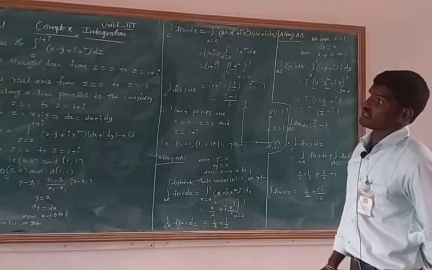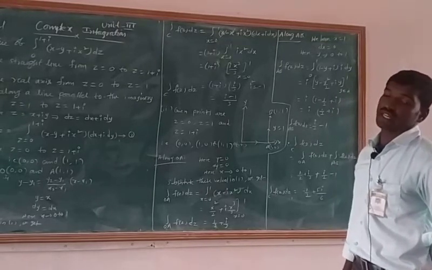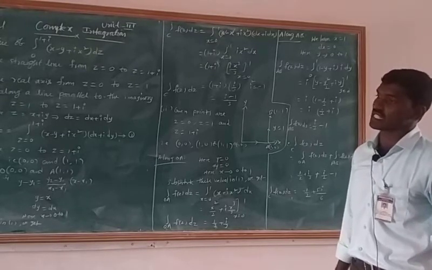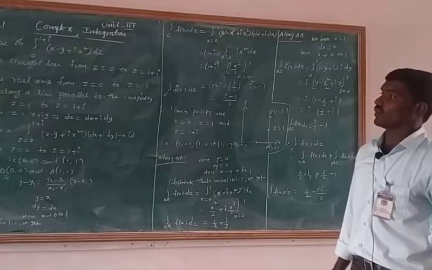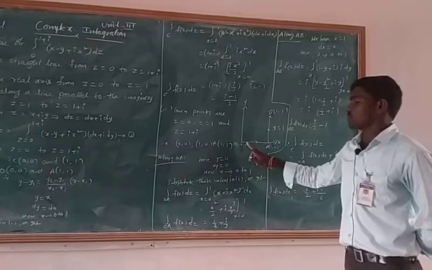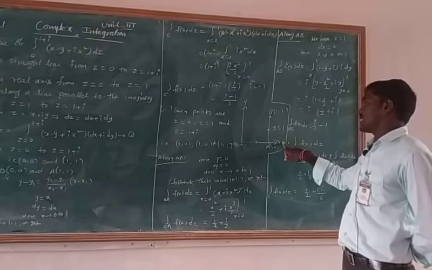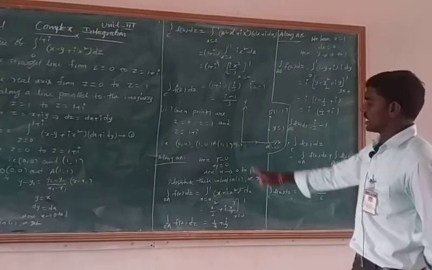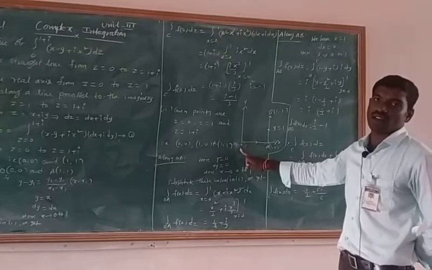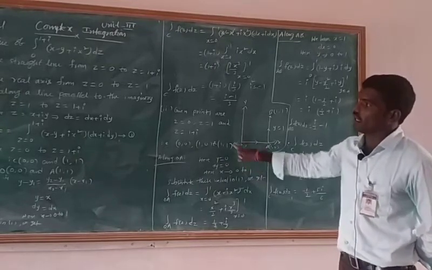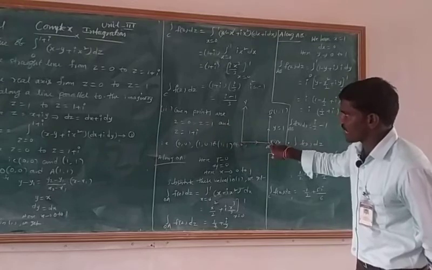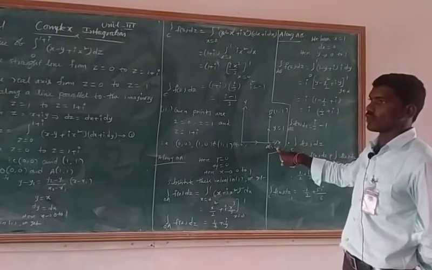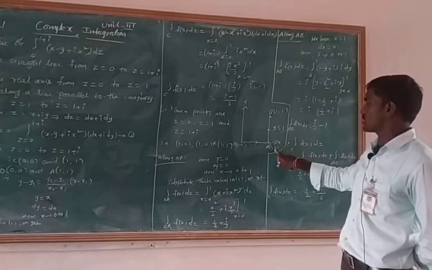Here two cases exist. The real axis from z equals 0 to z equals 1 is one case. Another case is a line parallel to the imaginary axis from z equals 1 to z equals 1 plus i. Here observe the diagram. X axis is nothing but the real axis, and Y axis is nothing but the imaginary axis. Z equals 0 is nothing but the origin, which is (0, 0). Here the real axis is the x axis, from z equals 0 to z equals 1. Z equals 1 means that the point is (1, 0).